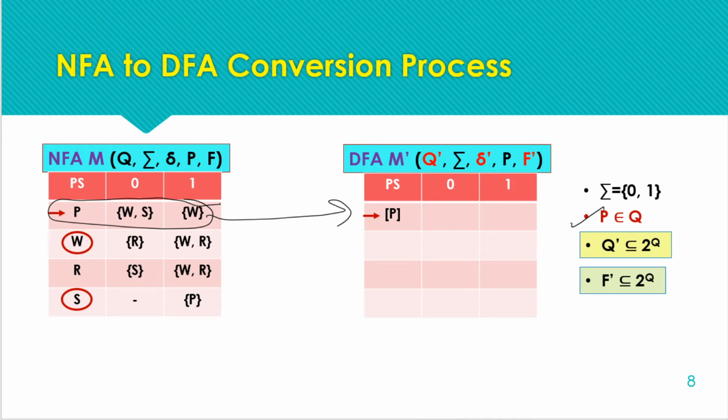Okay, so here we can just write the equivalent state for the resulting DFA. But after that we have to keep track of every newly identified state, and find out the transition for that state for all the input symbols, 0 and 1. So this is the process that we need to repeat for every newly identified state.